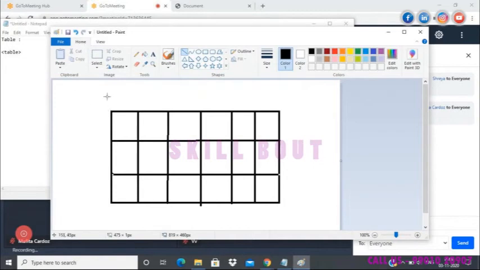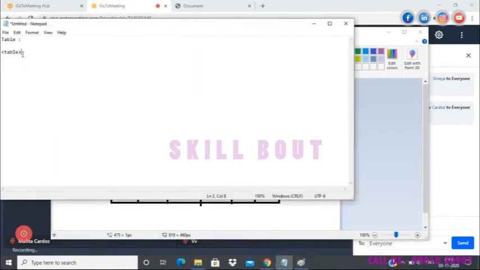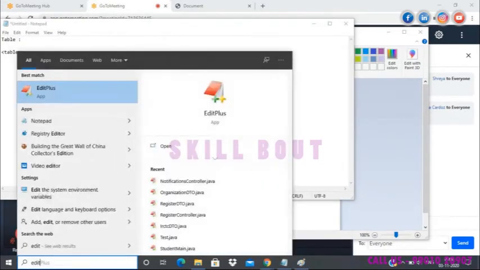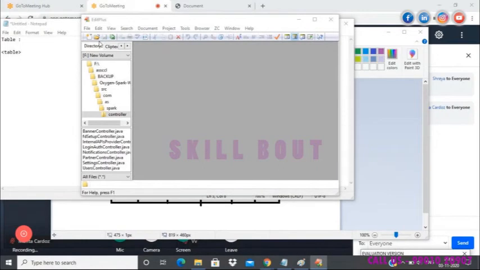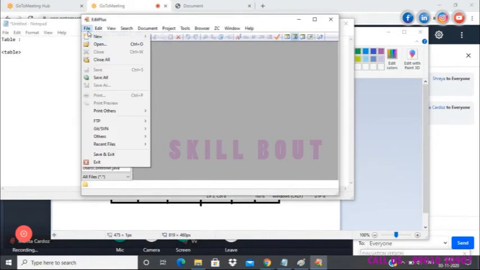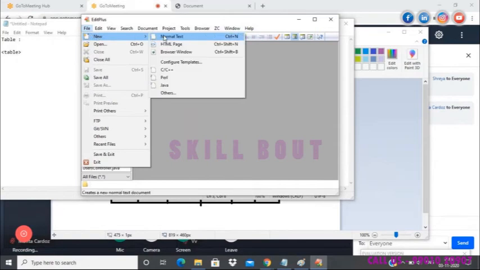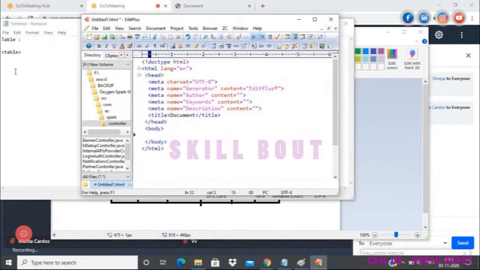As I said, when you want to have a table, you will have a tag called the table tag. Meanwhile, I'll go to Edit Plus and start coding in parallel. Let me move this to the bottom. I'll not maximize this editor to the screen size so that I can also access Notepad and Paint at the same time. It will be easy for you. So now I have taken a new HTML file, with which I am going to create a table.